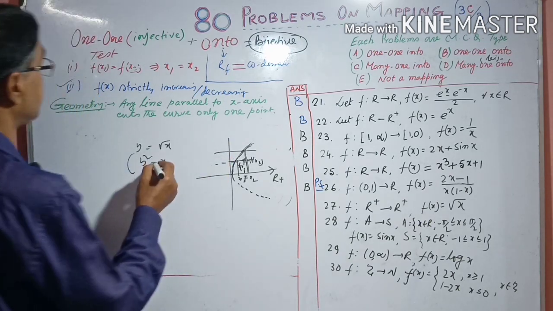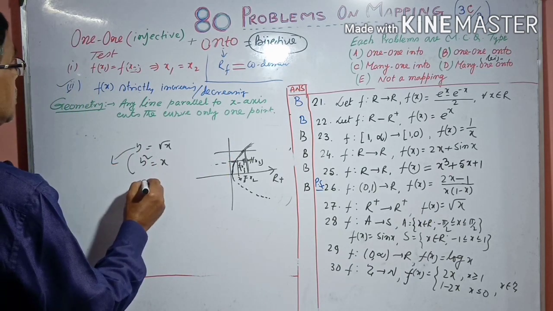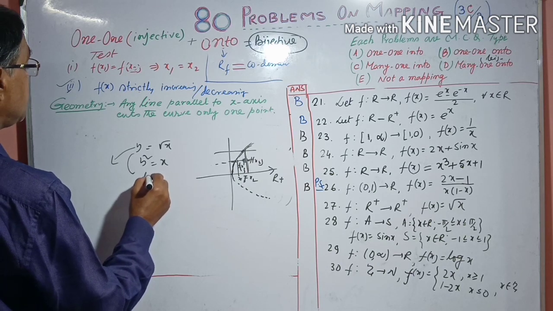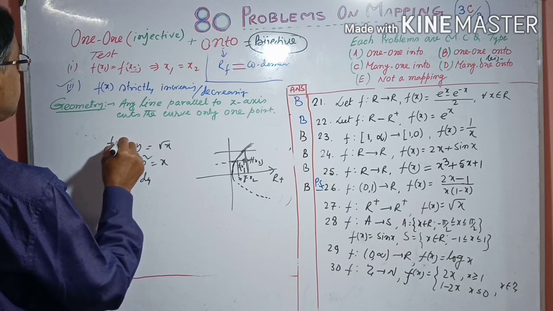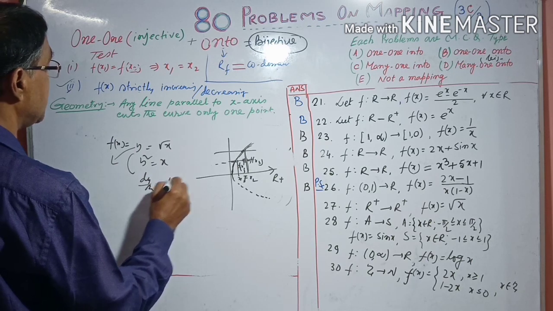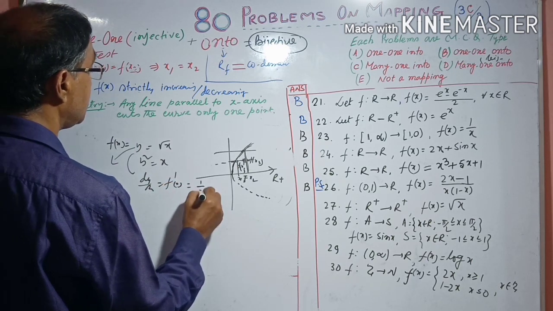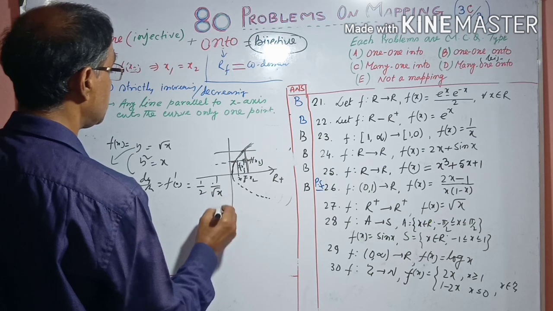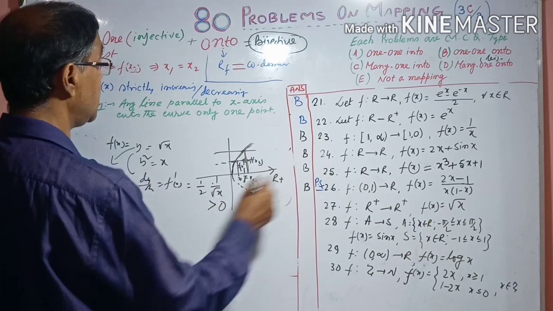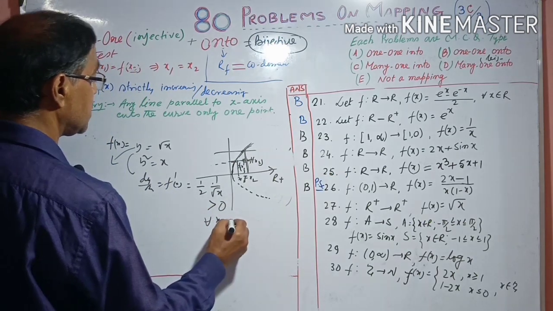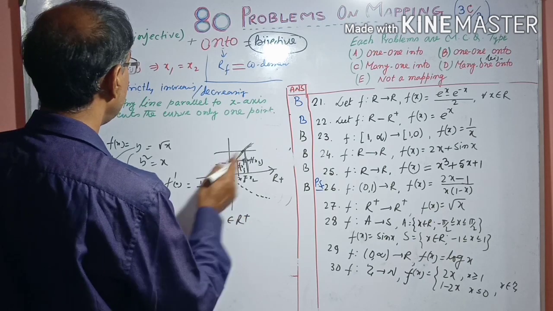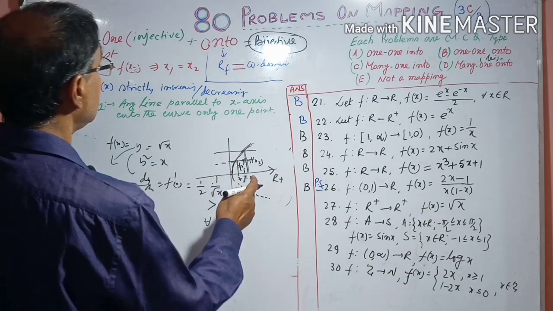Or you can also take the derivative, dy by dx, that is f dash x equals half times 1 by root x. It is also greater than 0 for all x belongs to R plus. Therefore it is also one-one. For the onto case,